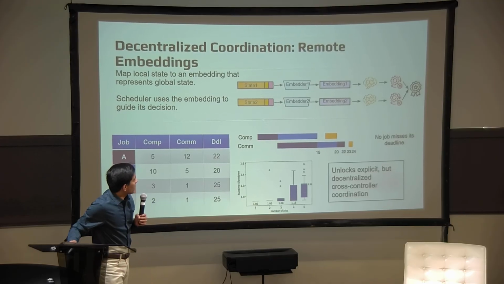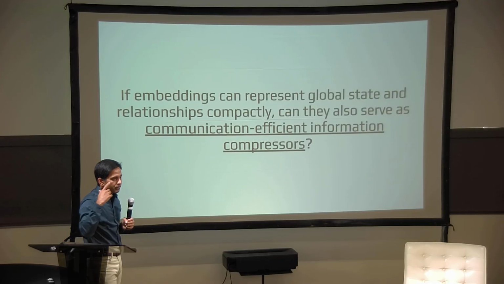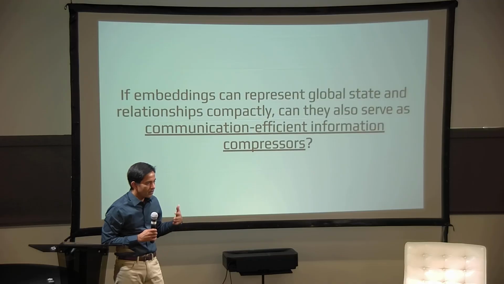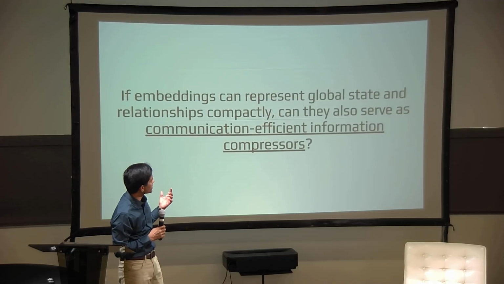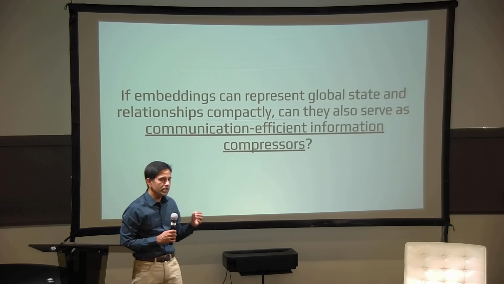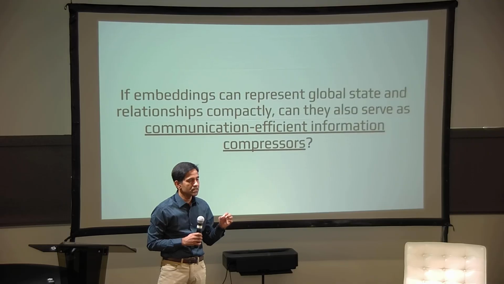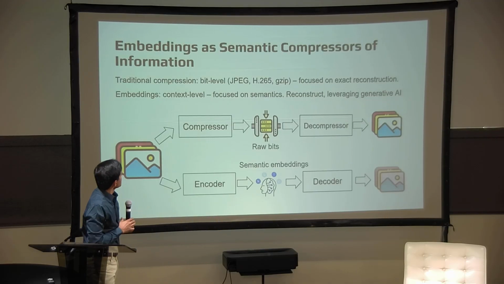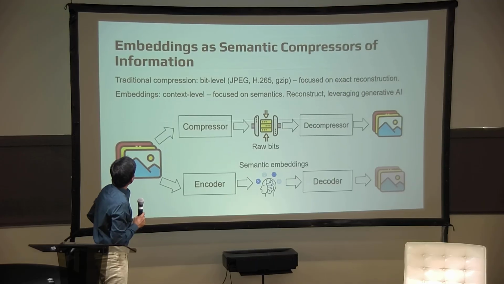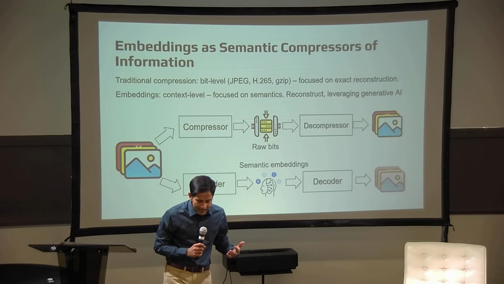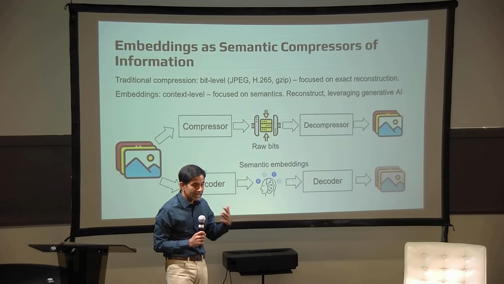So the thing that made me think when I was talking to you, Amir, is, well, why don't we push this even higher up? If we are able to use embeddings to represent state and relationships of state between two hosts, can they also be used as compressors of information and communication intent? So here's the idea. The idea would be that you would use these embeddings as compressors of the intent behind